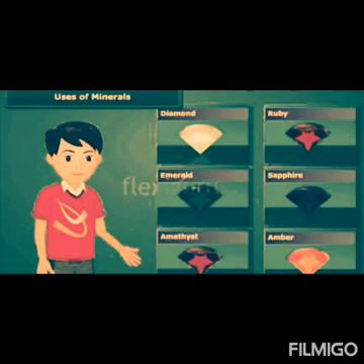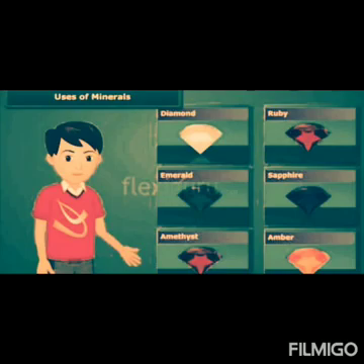Next, fourth use of minerals. Minerals serve as fertilizer. What is the use of fertilizer? Fertilizer improves the fertility of the soil. Some minerals such as sulfates and nitrates are added as fertilizers to the soil. Fertilizer helps plants to grow better. Rock salt, chalk, and talcum powder are obtained from minerals too.